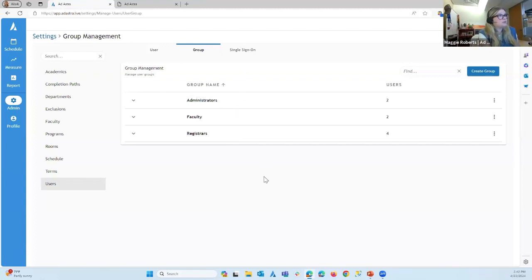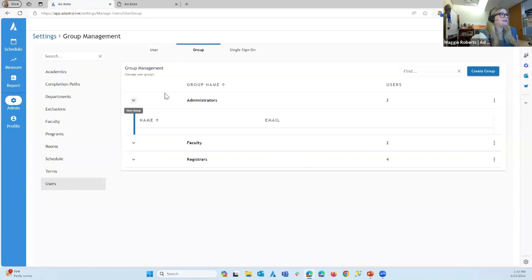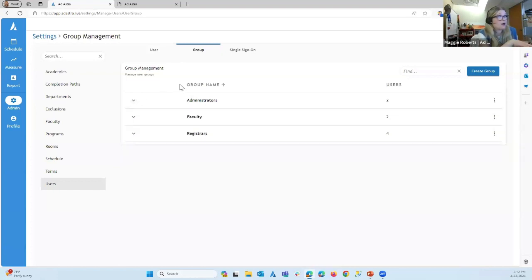So we can see some groups that we have in here now: administrators, faculty, registrars. You can come in and create different groups here and add people to those groups, just like on the event side. Like I said, they're actively working on these now. This groups thing wasn't here last week, and now it's here. So that's again that